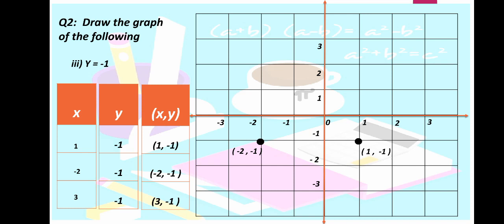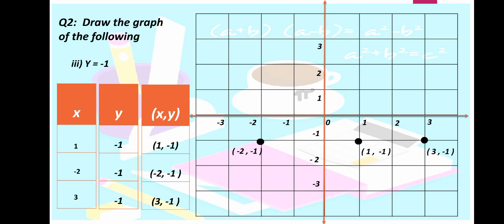The last row ordered pair is 3 and -1. 3 is the value of x and that is positive. So we will represent it on the positive x-axis and the value of y is negative. So 3 and -1 are intersecting on this point. Mention the ordered pair 3 and -1.